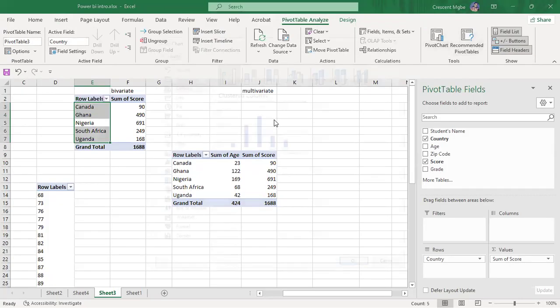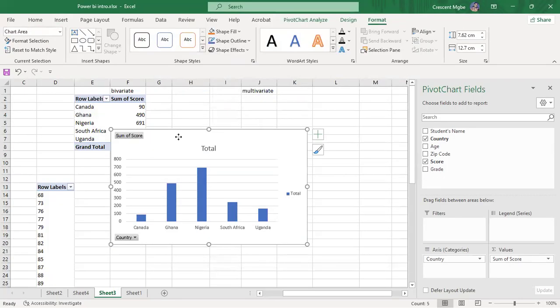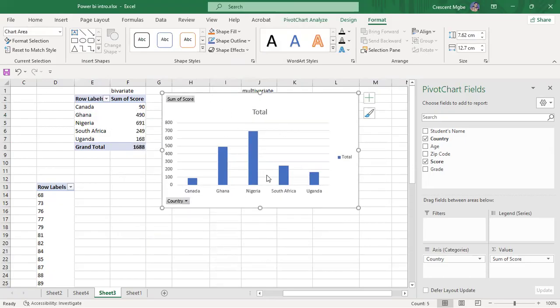This is a bar chart. There's no other way you can add any other kind of chart. This is like bivariate. For multivariate, you're supposed to be adding three or four more variables, but there's nothing else you can add here. The only way you can now add additional